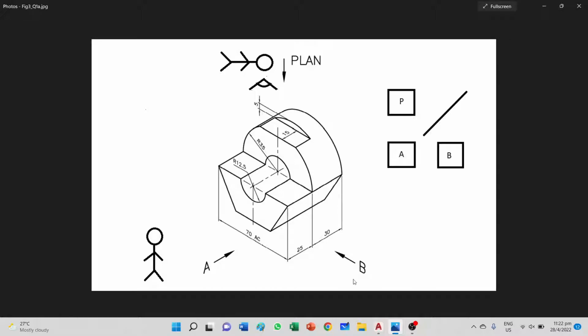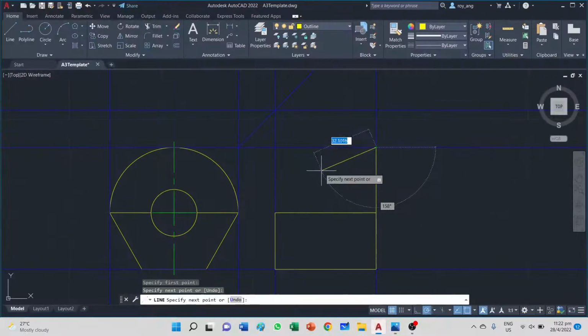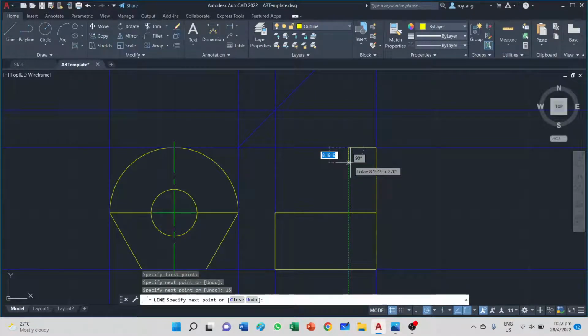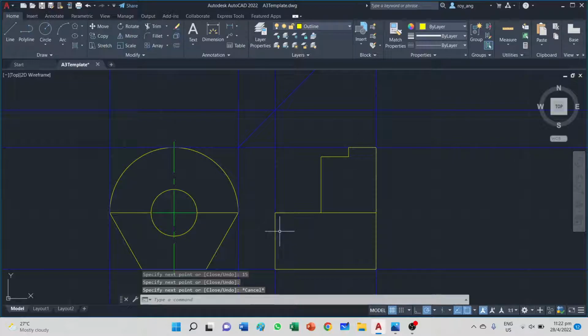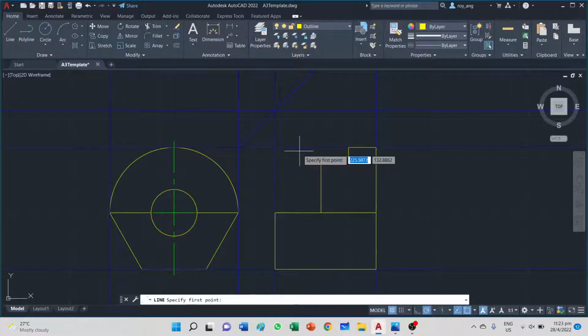So this is 15 millimeters, so I'm going back to here and I will enter in 15, okay? And then it goes down by 5 millimeters, right? It goes down by 5 millimeters, then it goes out by 15 millimeters again before it goes all the way down, right? Now that you have completed this view, this end view, what you can do is you can actually